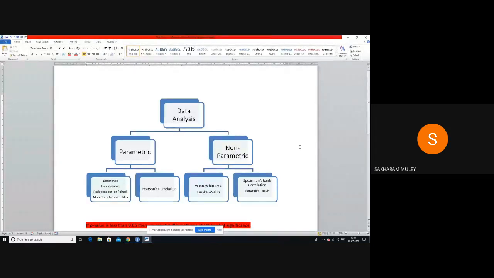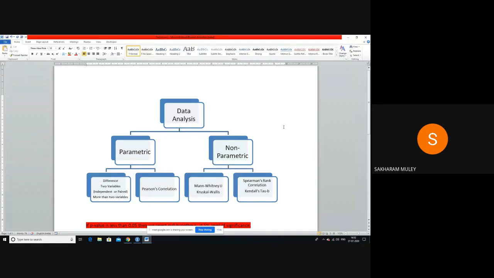Differences again have two types. One is with respect to independent groups. As male and female form an independent group, we call them independent variables or an independent group. The other is a paired group. What is to be called a paired group? A paired group means I am taking observations on the same samples, paired with certain parameters. Let us say that I am taking an observation before and after.